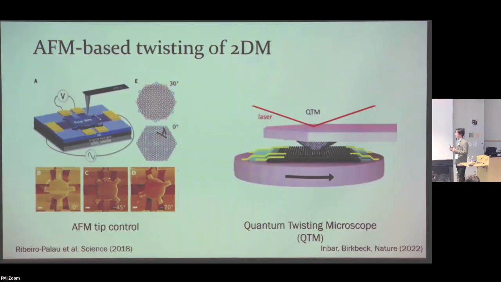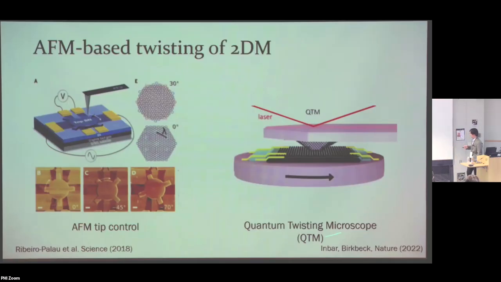The first method that came out was trying to push structures made of hBN graphene on top of another hBN graphene with an AFM tip in contact mode. The AFM tip is something you can scan, and by scanning it in a controlled way, you can in principle twist two pieces of 2D material against each other. Although I believe it's not as controllable as you would want, but you can do this.